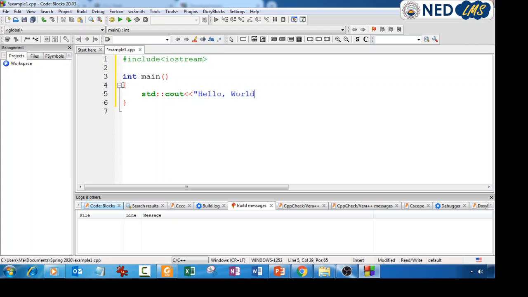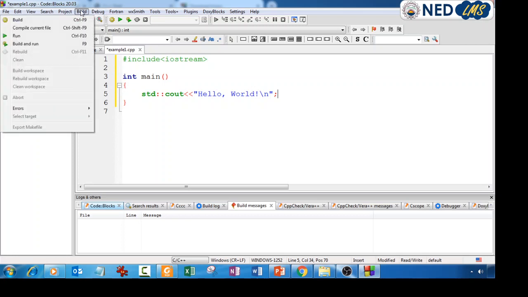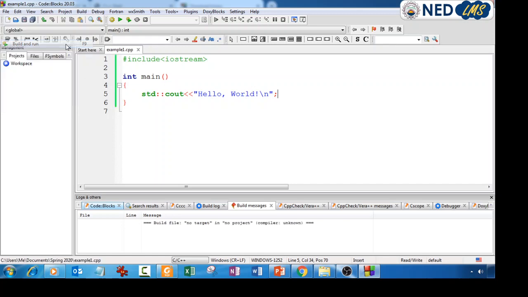This is the classical first program in essentially every language, C, Python, C++, Visual Basic, and so on and so forth. So this is our very first program, and let's build it. If you go to Build and click this one, Build and Run, so it says